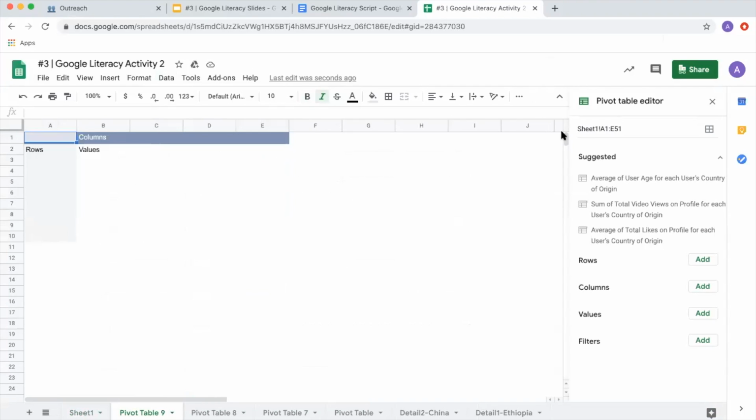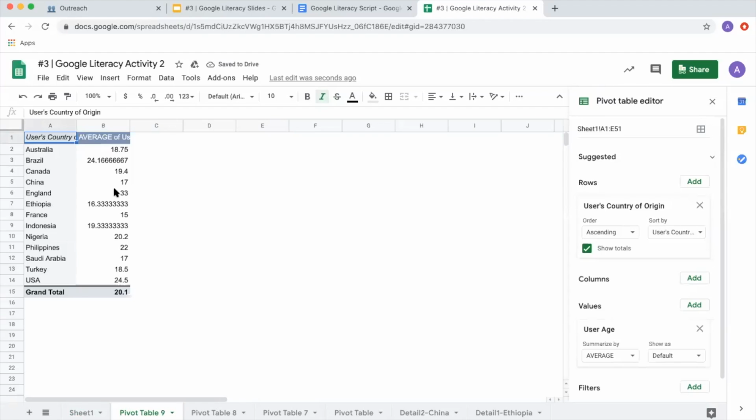So I'm just gonna go off what the pivot table editor suggests, and it's going to be average of user's age for user's country of origin. So I'm just gonna click that. And here we can see that now everything has been combined into their respective countries, and there's no repetition. And then here we have the average of user's age, I believe, yes. And here we see that the row over here,